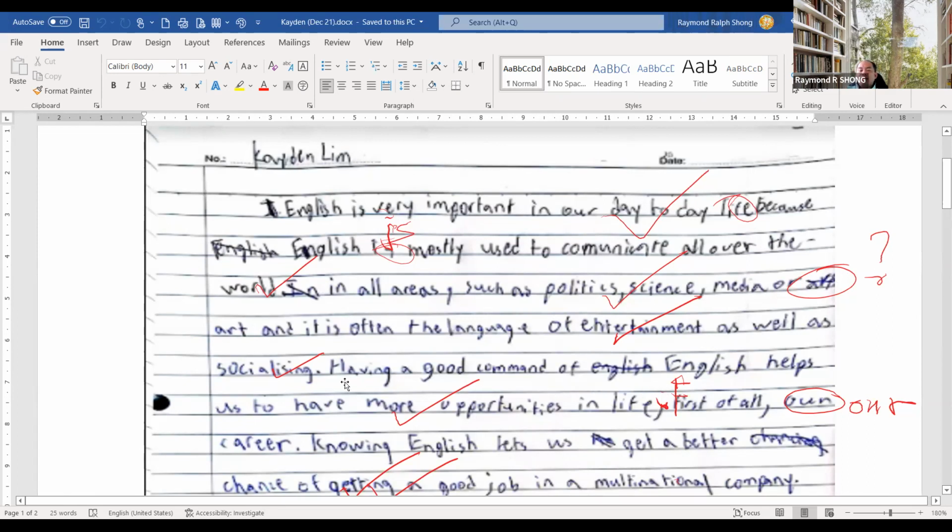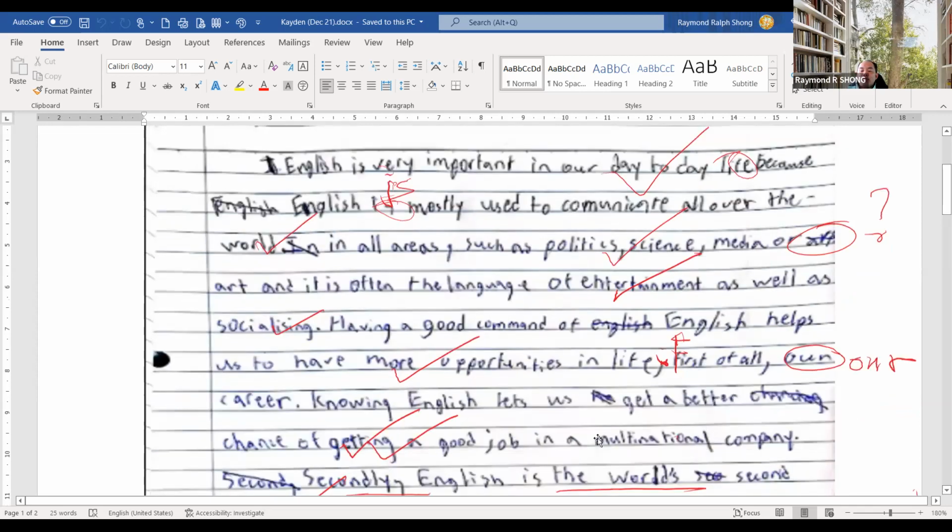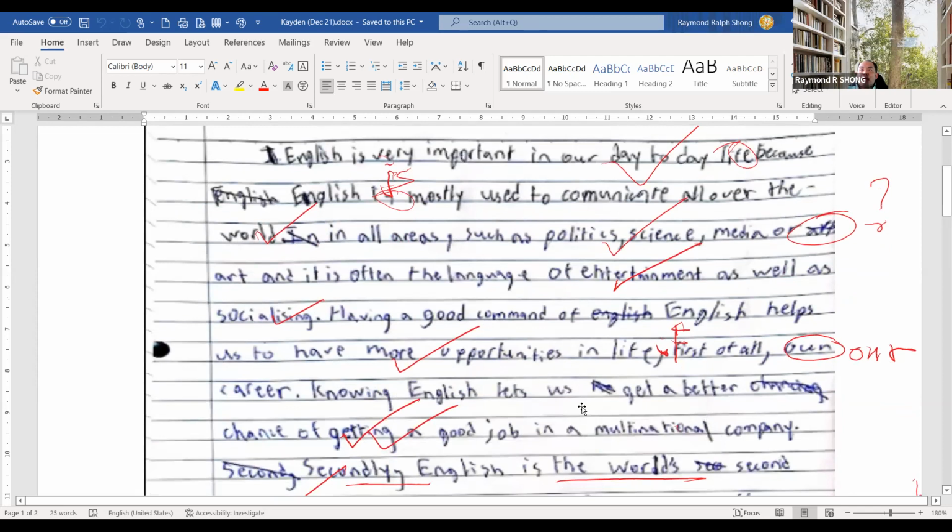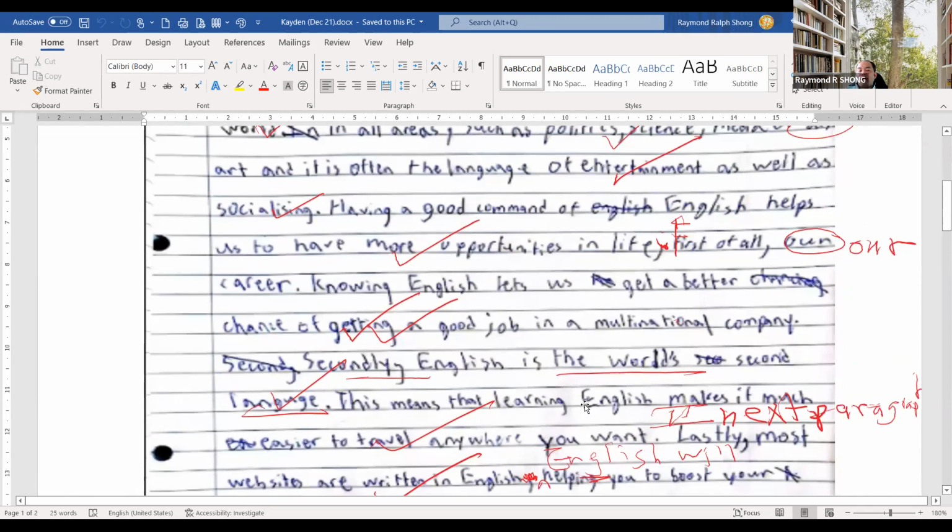This sentence, having a good command, is very long. You see, here got one comma, here got another comma, and this one is our career. It's not O-U-N. You see, your R is spelled as N. Be careful, Kaden. Remember, or else the teacher will deduct marks. Okay, so far so good. Multinational company is a company like Nike, Adidas, Starbucks, okay, big companies. Carry on. Secondly,